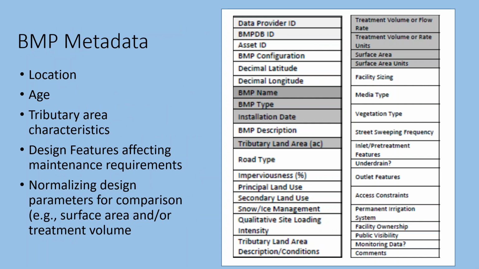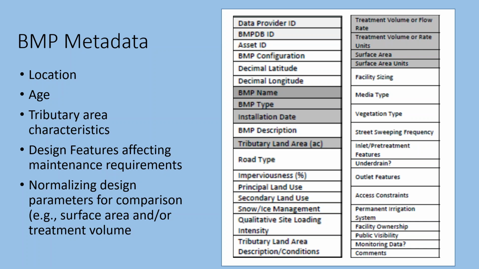So I'm going to just give you some snapshots of the tables that are in the reporting protocols. And again, you can go and download these and get detailed descriptions of these parameters from the website. But in the series of slides I'm going to show now, the fields that are highlighted in gray in this table would be the minimum requirements that you need. But ideally, all of these itemized fields could help you to develop a better understanding of why certain facilities are costing more to maintain than others.